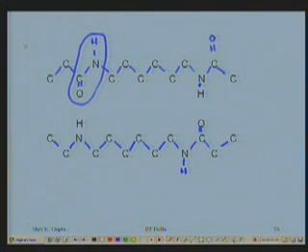In the backbone I have 1, 2, 3, 4, 5, 6 carbons, and then another set of 6, 1, 2, 3, another 3 like that. Similarly 1, 2, 3 and so on. 6 of them will be the next, where this carbon is also counted from the linkage which is there.